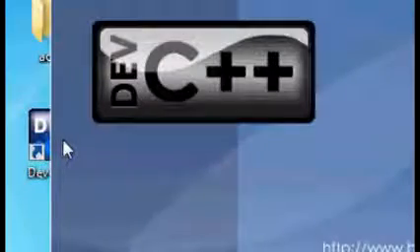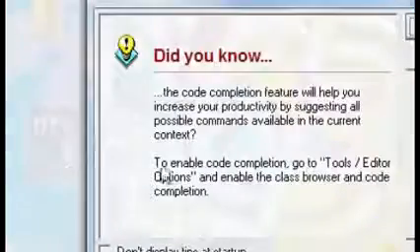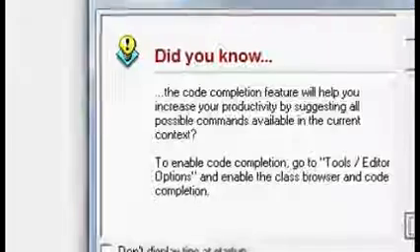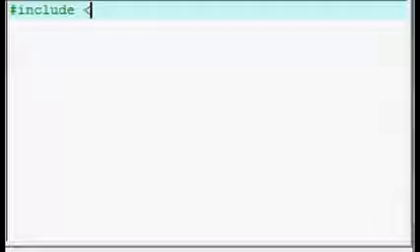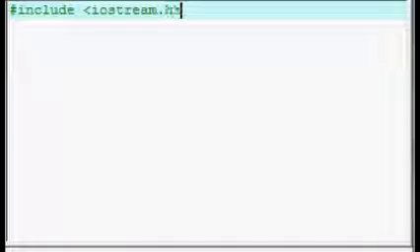We're going to be using Dev C++, which is a GNU compiler that is downloadable from www.bloodshed.net. And we open a new source file, and this is the preprocessor. There's only one of them for this program. It includes the IO stream header to the program,